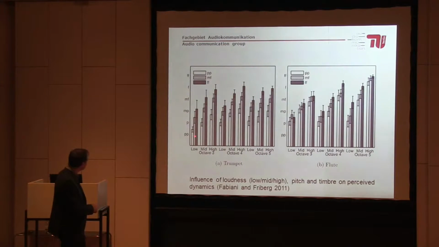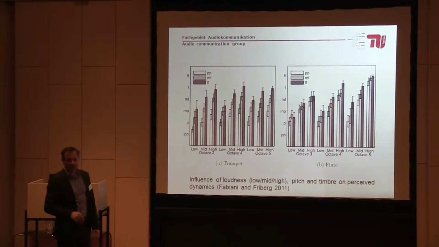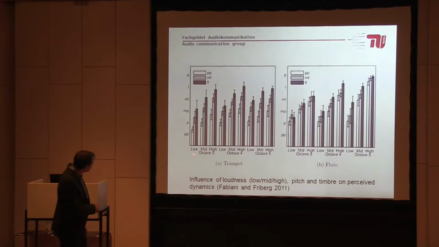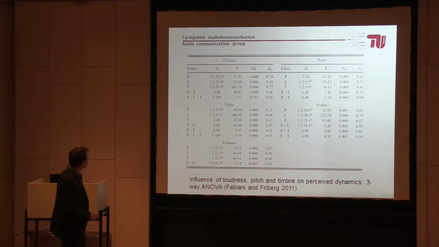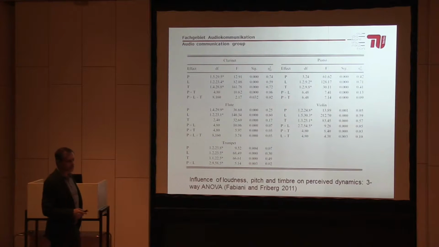And what you see is that even if you increase only the spectral distribution from piano to fortissimo, there is an increase in perceived dynamics, although there's no difference in absolute loudness. And as a numerical measure for the contribution of the two parameters, they calculated a three-way analysis of variance and measured the contribution with eta squared, which is something like r squared, so the explained variance between the different dynamic